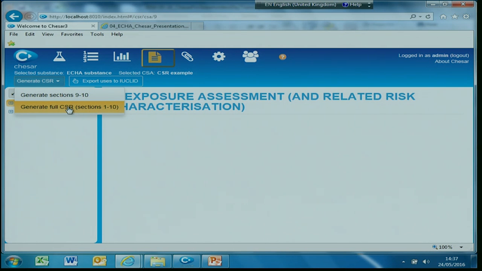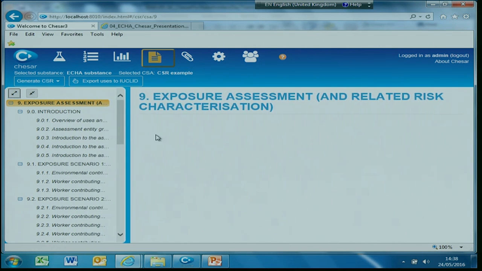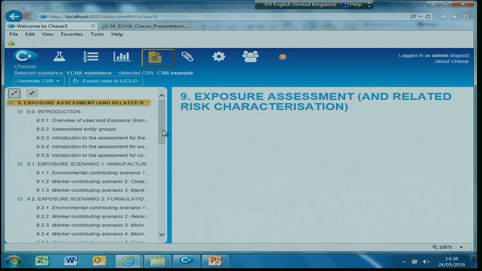The idea, and that's really our aim, is that there is no need to further refine manually the CSR once generated. So all the information is stored in the Chesar database, you modify something in the tool, and that, so that then you only have to press the button. It's not fully implemented yet for the current version. It will be done for the next version, but the idea is that we will have the CSR